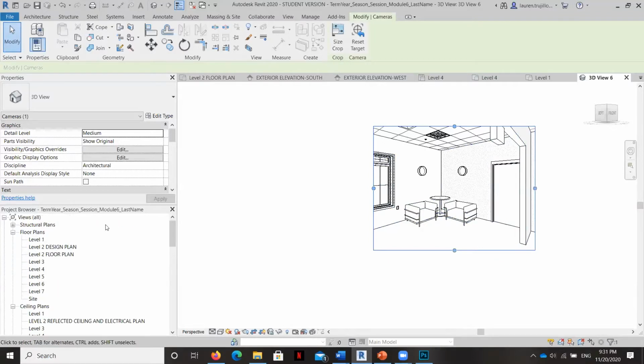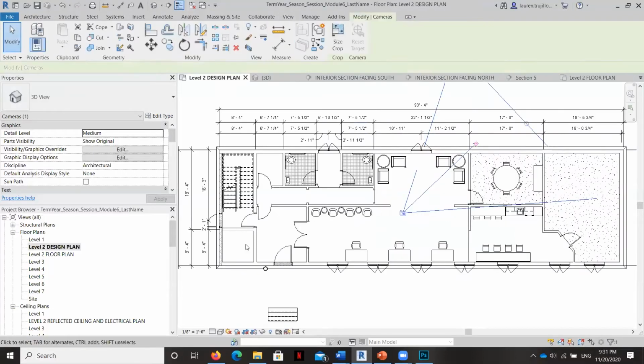And the reason why I'm being really specific about the view that we're taking and the size of the swatch is because, as you'll find, the process that we're about to do is labor intensive, and it's only something that you do when you really want a perfect rendering and you know exactly what the rendering is going to be of. So let's take a look at our design plan. So you can see here, this is about the size of the space that we're going to need.